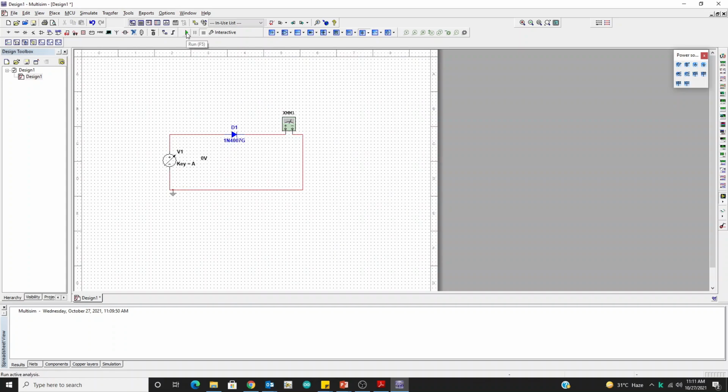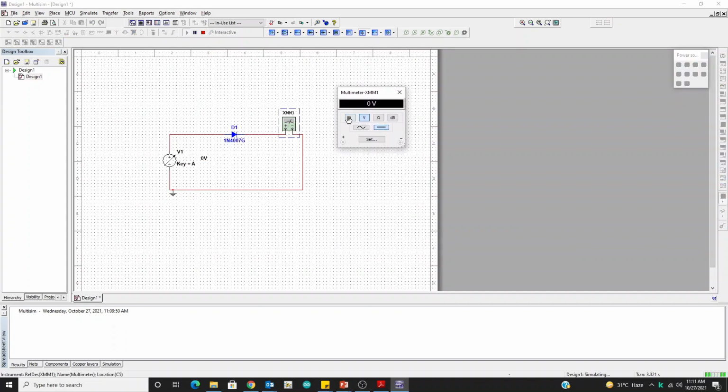Run, open this, select ampere, DC source. So the voltage is initially 0, so 0 ampere is flowing. And now at 0.1 volt it is 52.61 nanoampere,